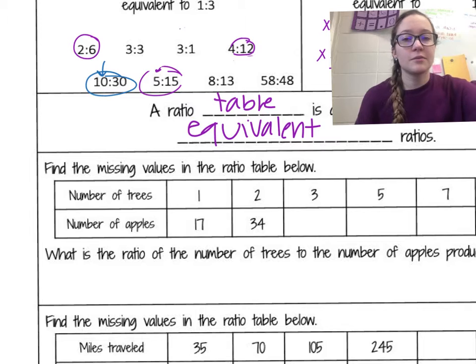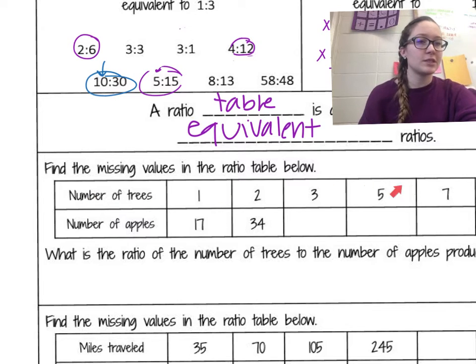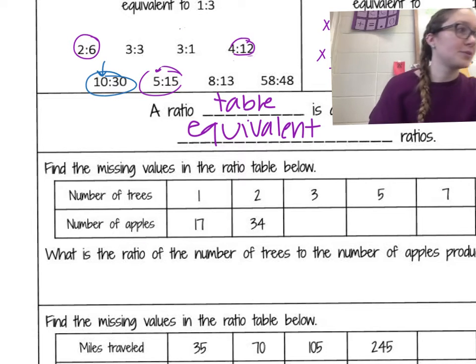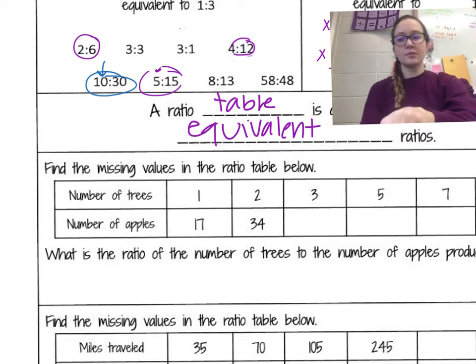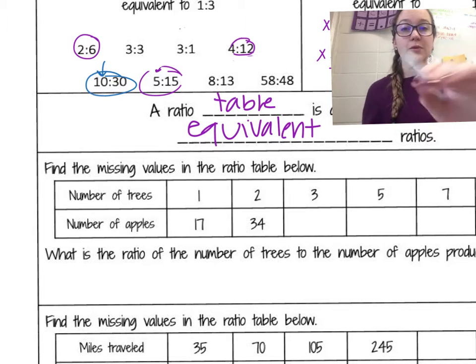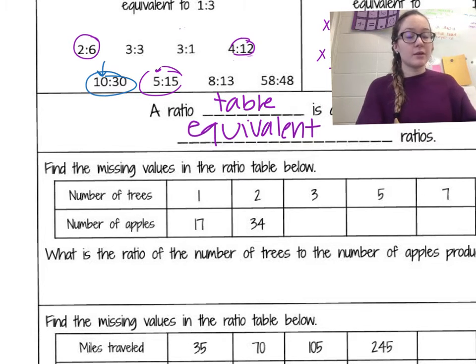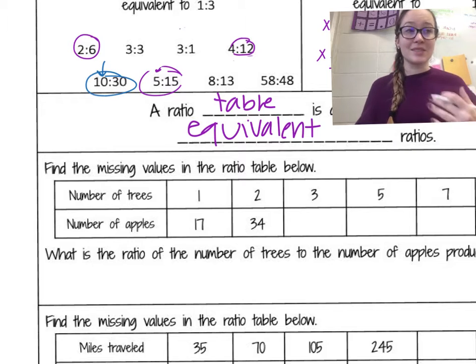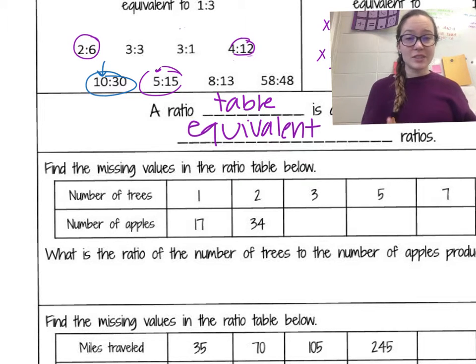Okay, so here we have the number of trees represented by 1, 2, 3, 5, and 7. And then this bottom row is the number of apples, okay? Now, I'm going to go by multiplying and dividing, okay? You can also do adding and subtracting, but sometimes that just is more difficult, not quite as easy to see,